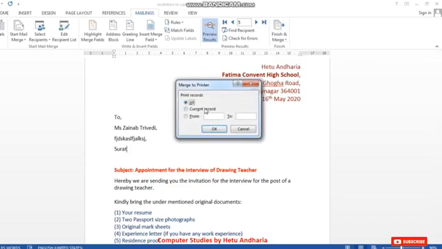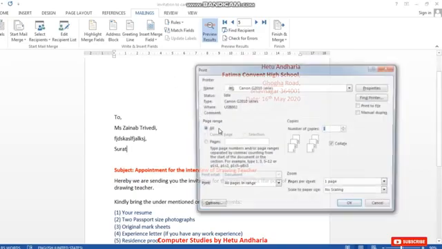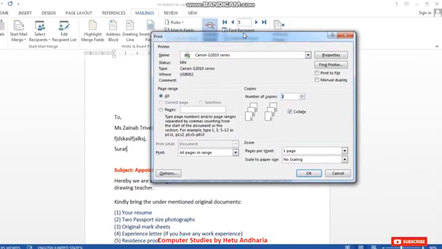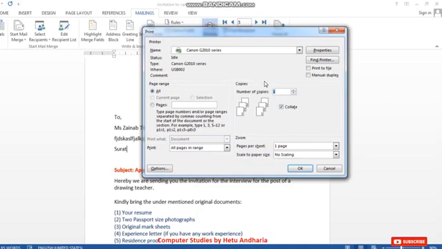It will ask me the question, would you like to print all the letters? If I click OK, then it will start printing all the letters, and in all the letters the name and the address will be different. At present it will print 5 pages, 5 appointment letters, 5 invitation letters, with different names and addresses. So I click OK. I'm not going to take the printout right now. Okay, so from here I can